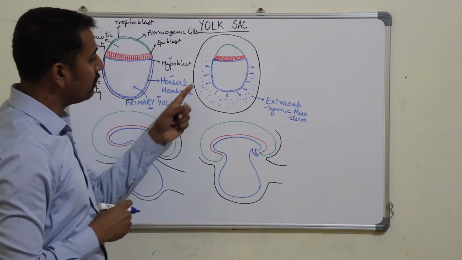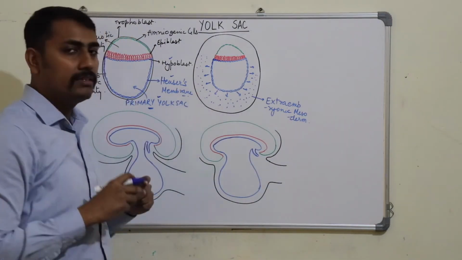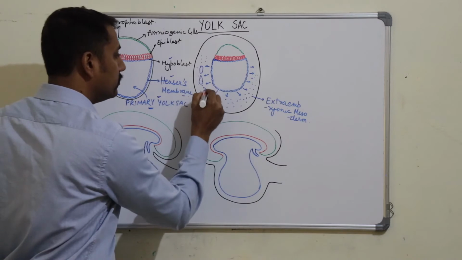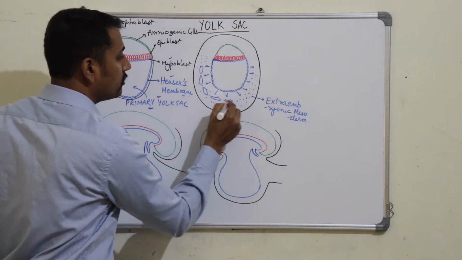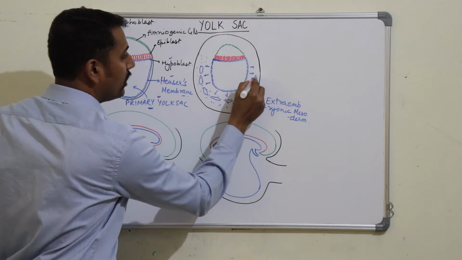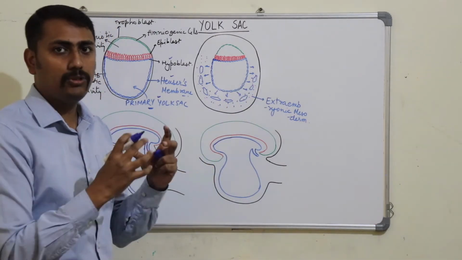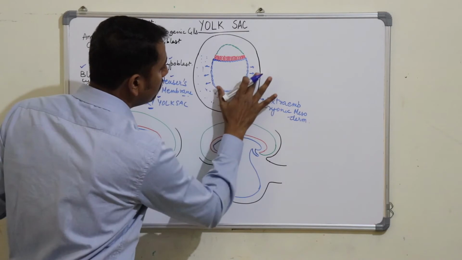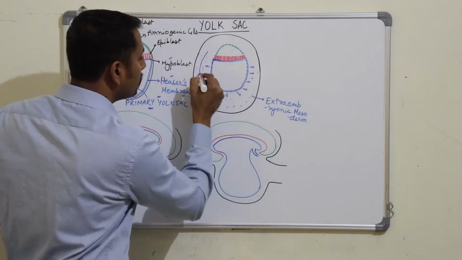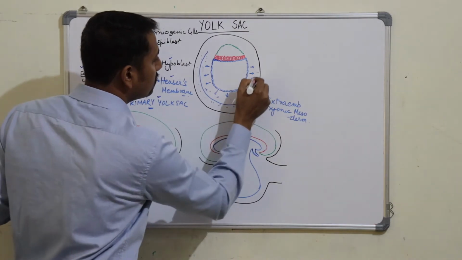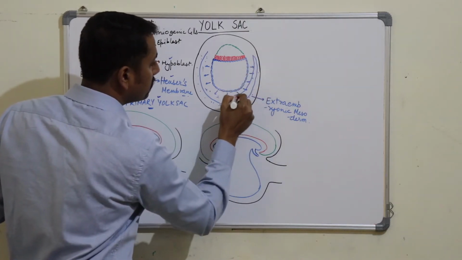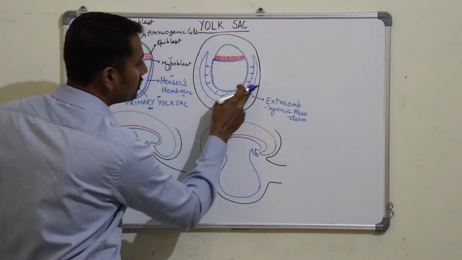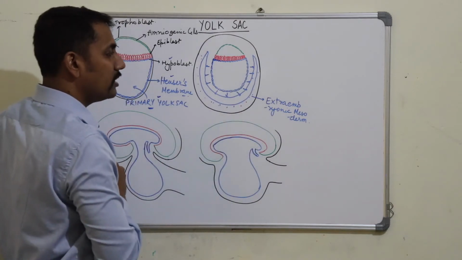Okay? After the formation of the extra-embryonic mesoderm, some lacunas or spaces appear in this mesoderm. These small lacunae will coalesce or join together to form a cavity which is surrounding this yolk sac. This cavity, which is developing in the extra-embryonic mesoderm, is known as